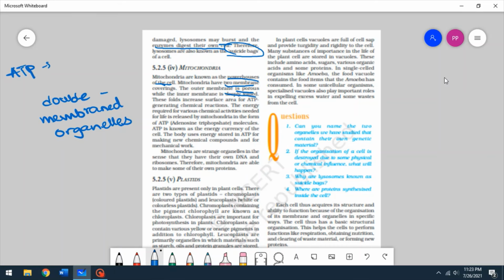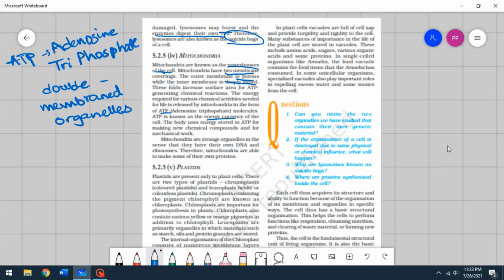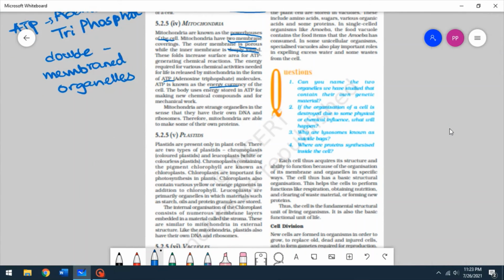ATP, that is adenosine triphosphate, tri means 3 phosphate. Alright, ATP here is also known as the energy currency of the cell, and the body uses energy stored in the ATP for making new chemical compounds and for mechanical work. And they, mitochondria,